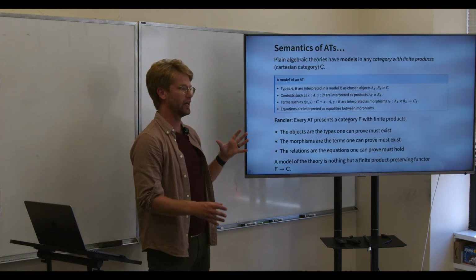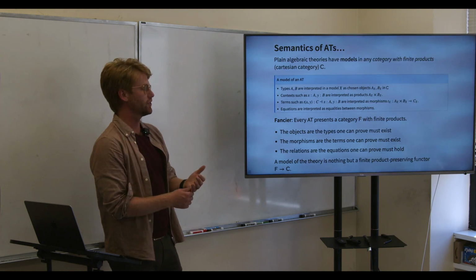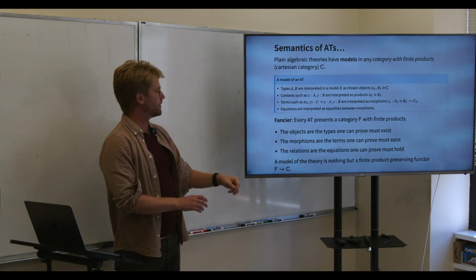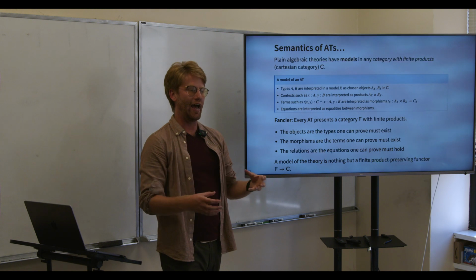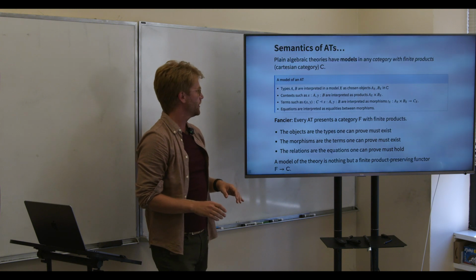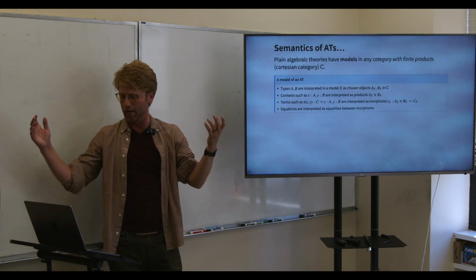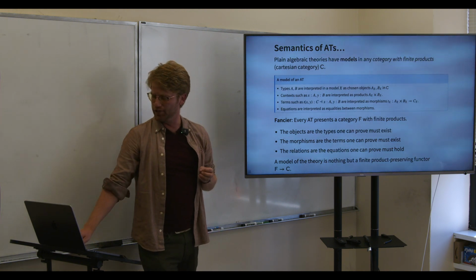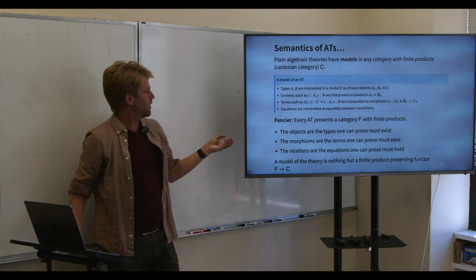And I'll give a citation on the next slide to a book of Mike Shulman's that's really great for explaining how this works in a ton of detail. But a good way to think about this category you're generating is that its objects, morphisms, and relations actually are syntax. So like an object of this category is some way that you can prove using your basic types, say M and S, and the fact that you can take finite products, that some type exists, et cetera, et cetera. There's lots more to say there, but that's not the direction we're going today. So you can build a category with finite products out of your theory,